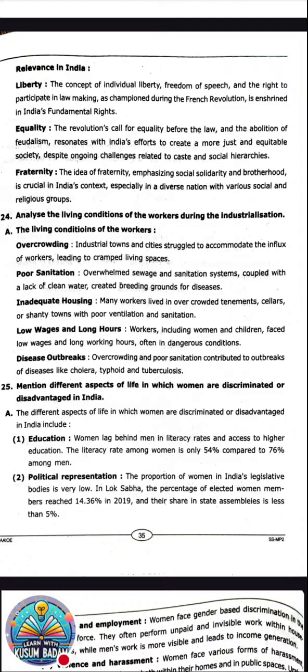The first one is overcrowding. How is the overcrowding there? Because of industrialization, many people were shifted to cities to have jobs. Poor sanitation: as more crowding is there, sanitation facilities are less. No clean water is there, and it is a breeding place for disease-spreading insects or germs. Next, sewage deposition, uncleaned roads. You can write in your own words.